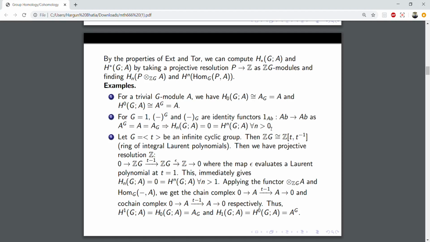Higher left derived functors after n, for n bigger than zero. So the higher cohomologies and homologies are all zero. Then if G is isomorphic to Z, if it's an infinite cyclic group, let's say generated by T, then